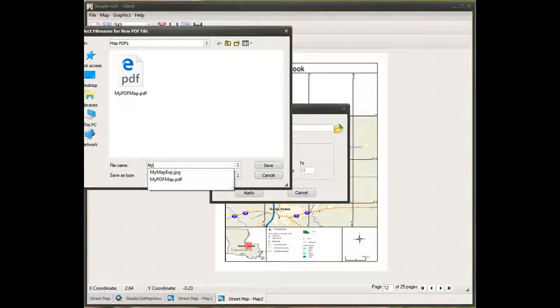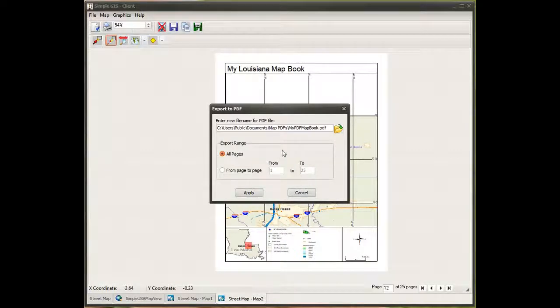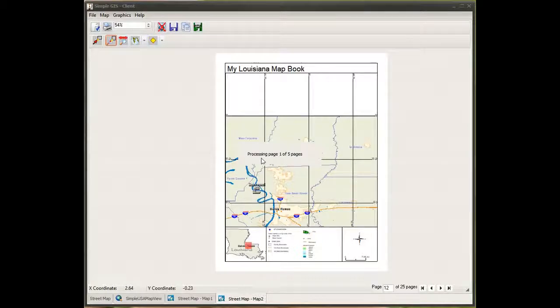enter a file name for our new PDF document that we want to export. And in this case, we could export the contents of the entire map book, in other words, all pages, or again, we could only do a range of pages. So in this case, let's say we only wanted to do the first 5 pages. So we do from page 1 to page 5. And as we enter that and click apply, we see that it's processing. So now it's on page 3, 4,